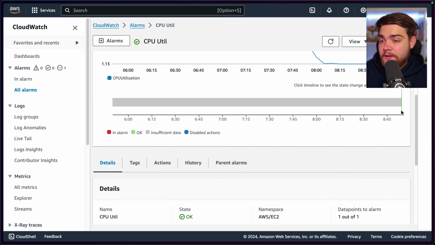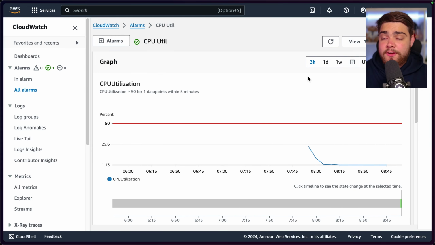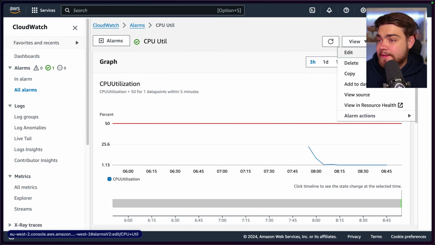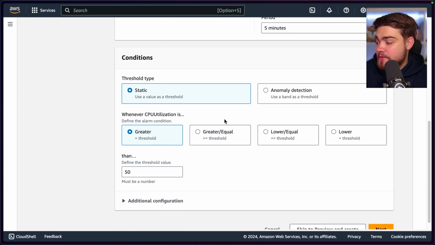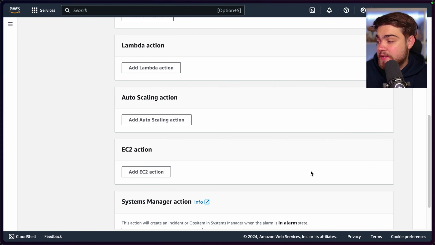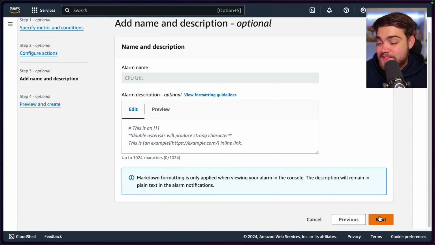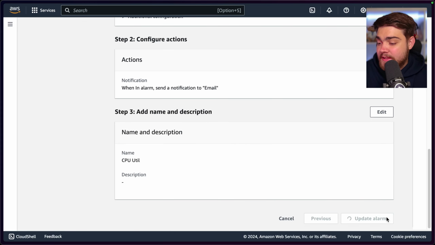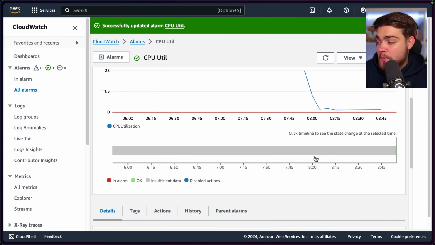And if you click on our alert here, you'll see this nice green bar here. And that's just going to mean that it's okay. Obviously, the gray here was the insufficient data. What I'm going to go ahead and do now, though, is quickly click edit here. And if we go to edit and I go down to where my threshold is, if I just set this to 0 so we can see what happens when an alarm is triggered, as obviously it's always going to be above 0 here. If I click next and then I click update alarm here,